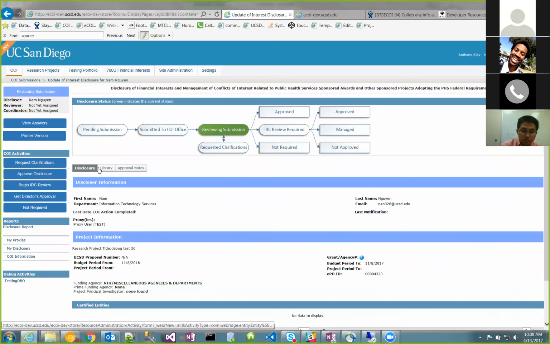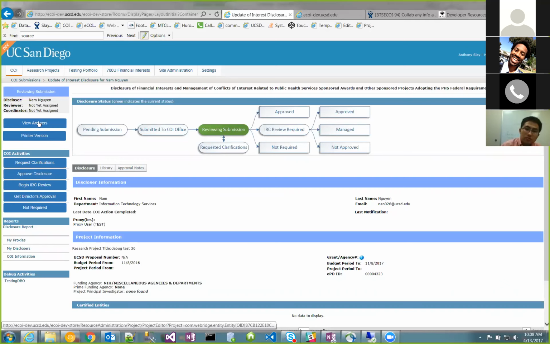And so they send request clarifications. They're trying to edit the relatedness assessment to add questions to it. But when they add questions and then they click finish,